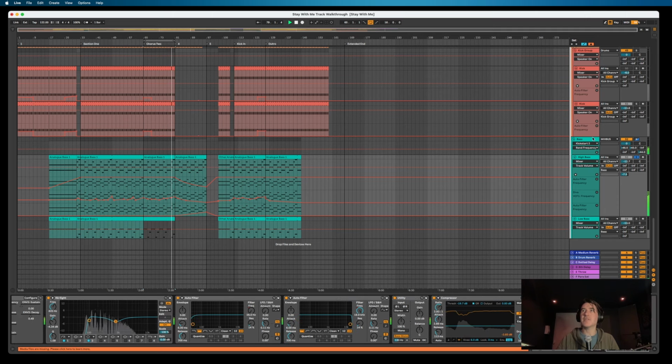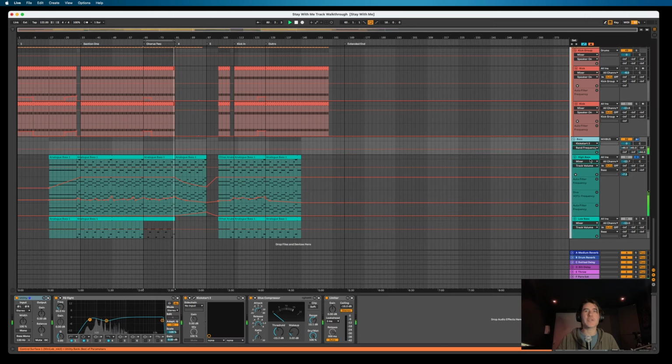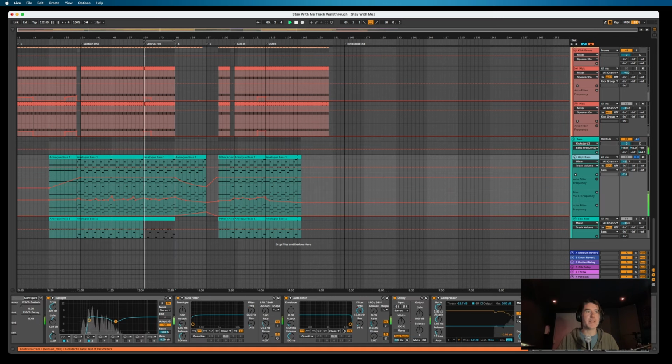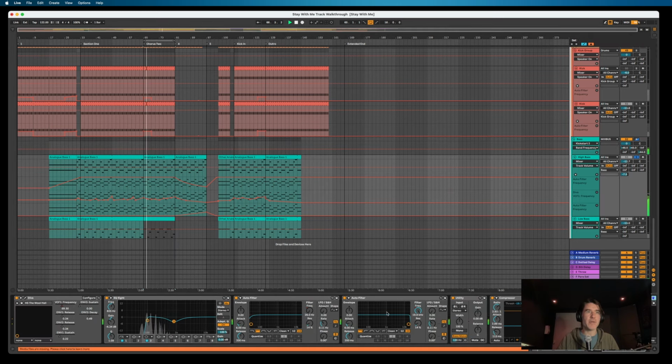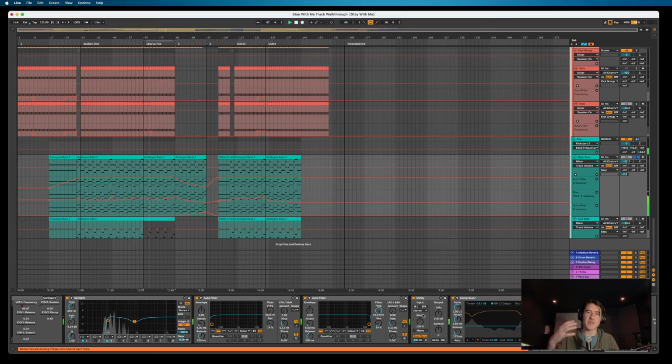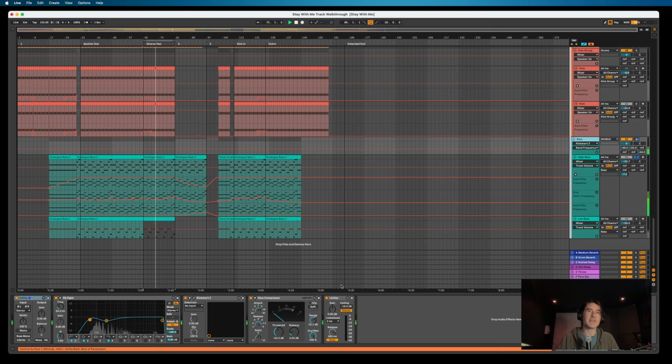It's interesting, I do tend to add more saturation to bass lines. So when I wrote this, I don't think I was doing that. But now in my more recent stuff, I've been adding chains of saturation. So when I do another track walkthrough, I can show you how I've done that. But you can hear this still sounds quite nice and fat and good, just because we've got